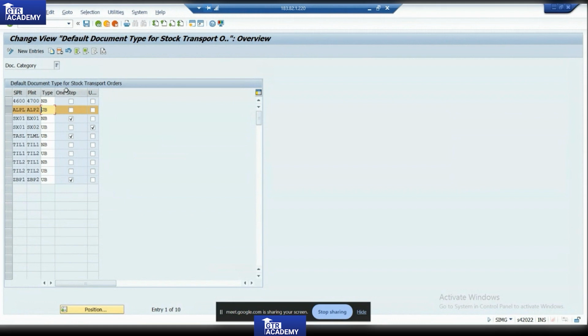So UB is for our document type, that is STO, standard document type STO. Then we have one-step procedure. So one-step procedure, if it is ticked, it will go in one step. Otherwise, you want two-step. Two-step means this